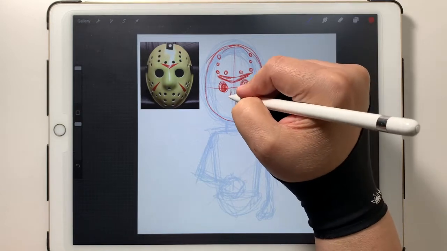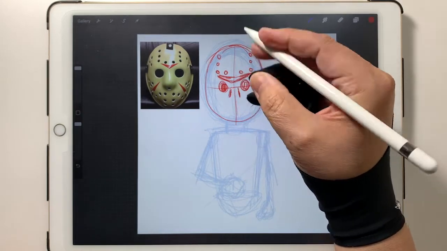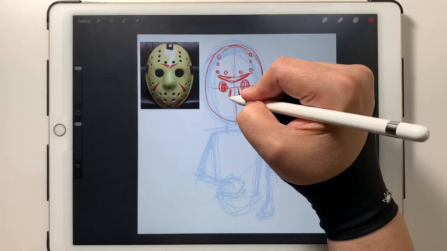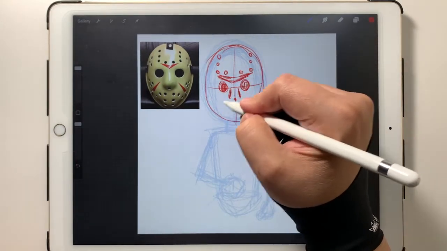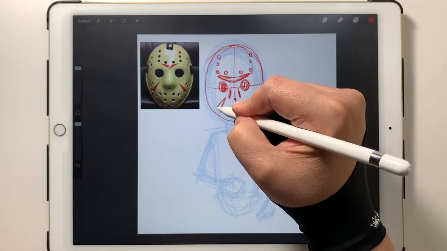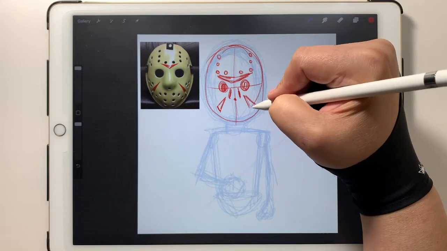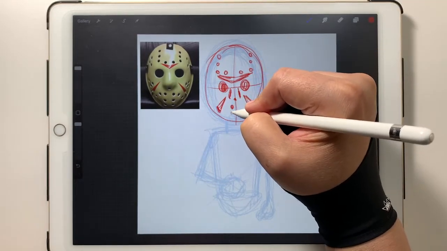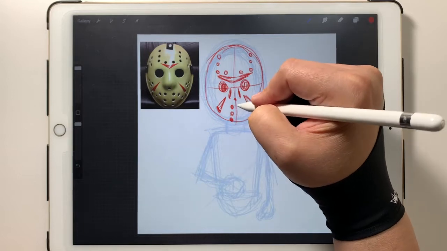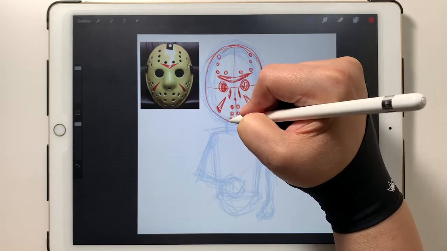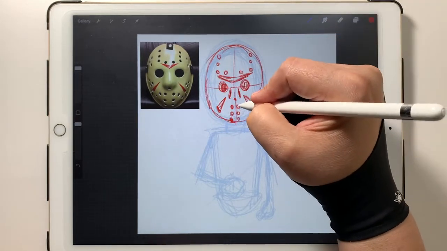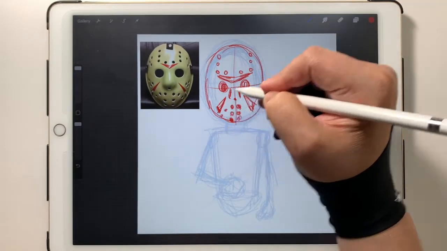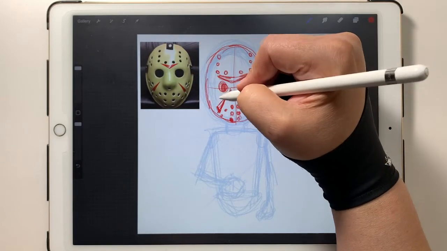Let's see, we have kind of a nose shape here. So I'll put these little lines on the side just to give it a little bit of an indentation, like if there is a line. I don't know, I might get rid of that. We have these lines here for the accents. And then we have more dots, breathing hole dots, whatever they are. Alright, let's see, they kind of go off to the side like that. And then on the side here,